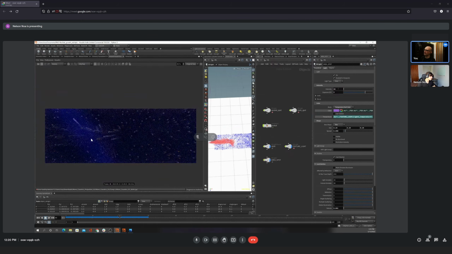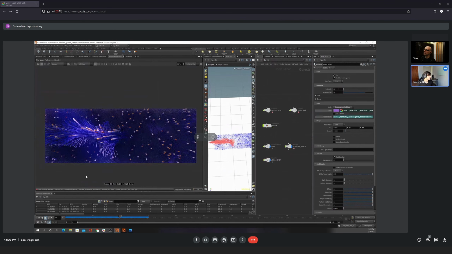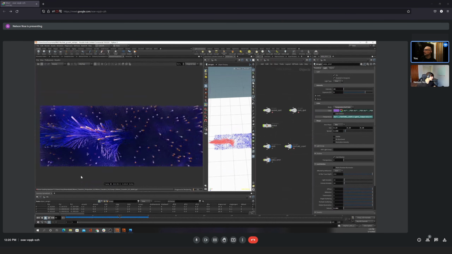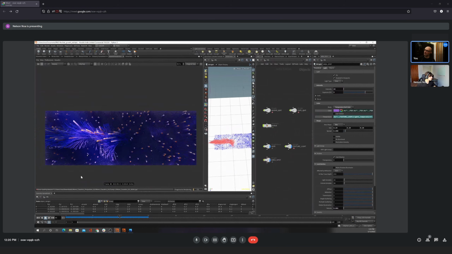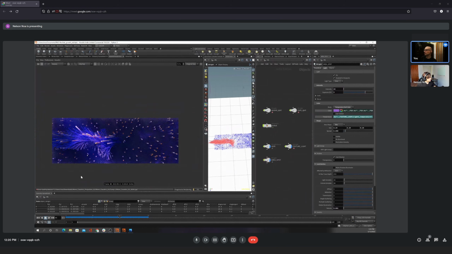So these thick tendrils are really blowing out, right? Yeah. But I think that might not be a bad thing. I think it might be a good thing to separate those with some